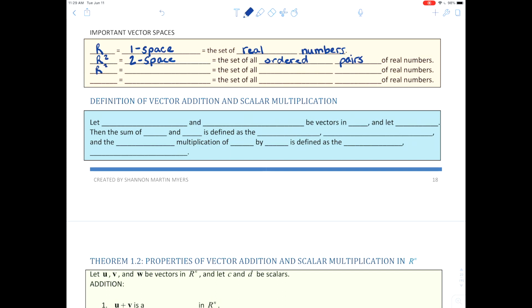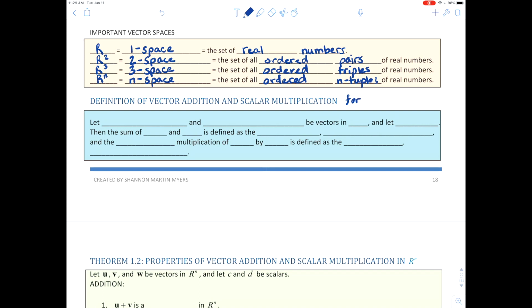R3 is 3 space, 3 dimensions. And that's the set of all ordered triples of real numbers. And then continuing on in that vein, you've got Rn, that's n space, and that is the set of all ordered n-tuples of real numbers. Groovy? All right, so the definition of vector addition and scalar multiplication